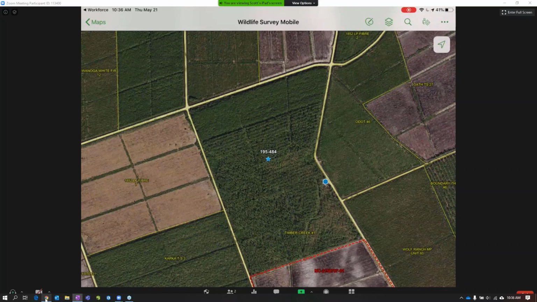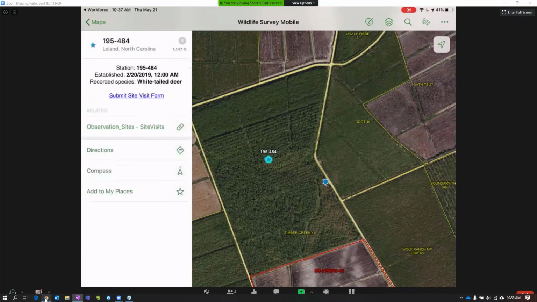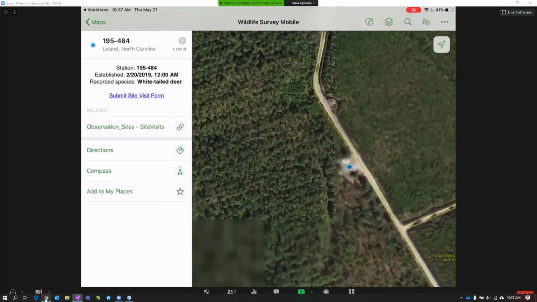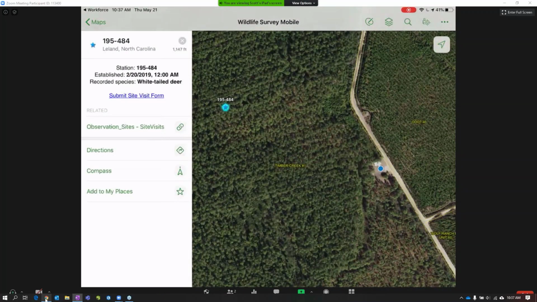So I can click on this particular location, like Sarah mentioned. I can get some pop-up information about that particular feature. I can see what the location is, when it was established, what recorded species have been seen at that location. But really what I can do is also navigate to that using our compass or our wayfinding tool. So in this case, I parked my truck here in this little clearing area, and I actually need to hike over to where this location is, kind of deep within this unit or within this stand.